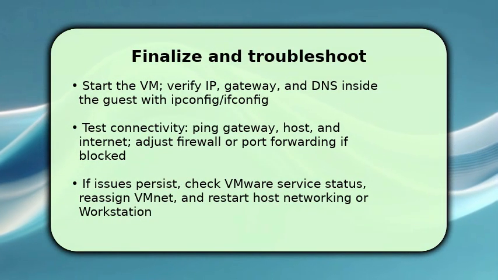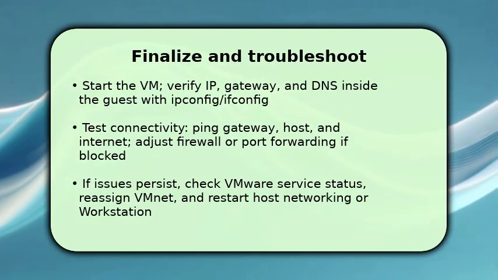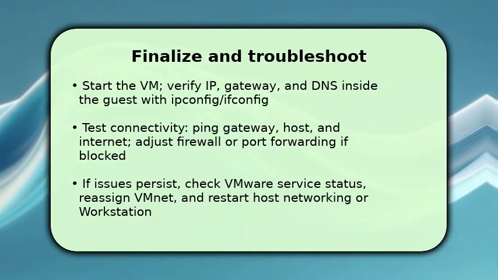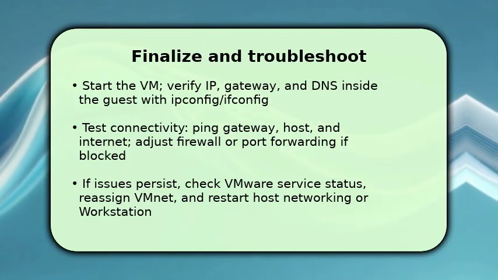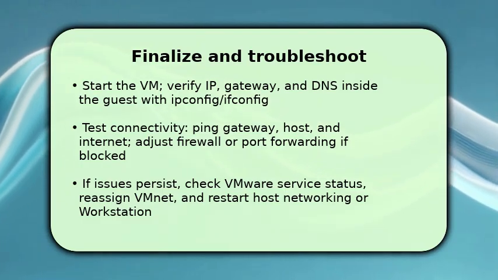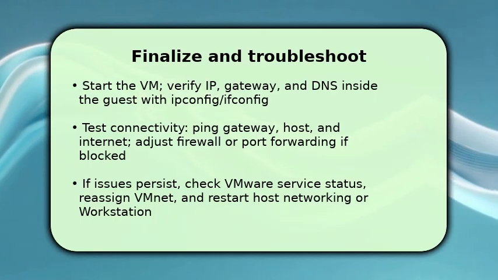Check IP, gateway, and DNS with ipconfig or ifconfig so you know whether DHCP worked. Then test connectivity. Ping the gateway, the host, and an external IP to isolate issues, make firewall adjustments, or add